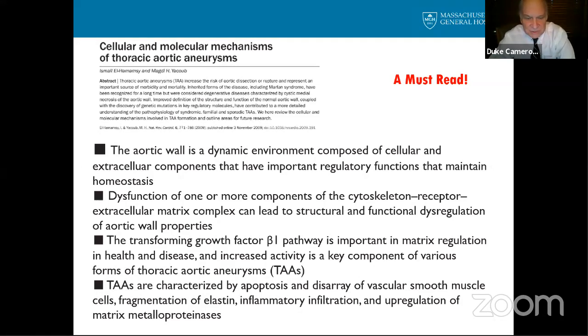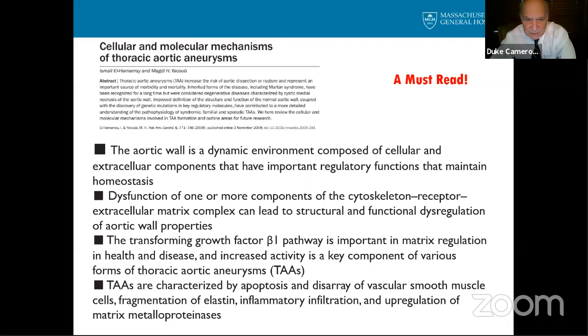It is one of the most insightful and thoughtful treatises on aortic disease. And it takes us a step away from the thought that these are largely degenerative diseases, but rather much more of a dynamic one, and perhaps a problem of loss of regulation of the living aortic wall. It says the aortic wall is a dynamic environment composed of cellular and extracellular components that have important regulatory functions that maintain homeostasis. And that it's the dysfunction of the cytoskeleton, the receptor and extracellular matrix complex that lead to